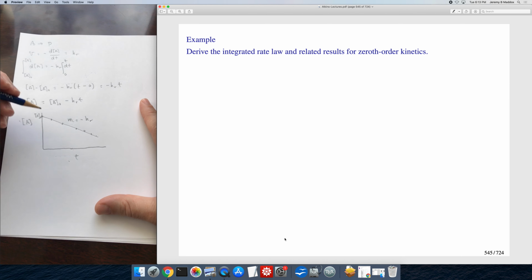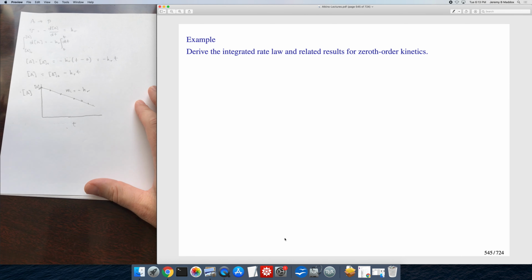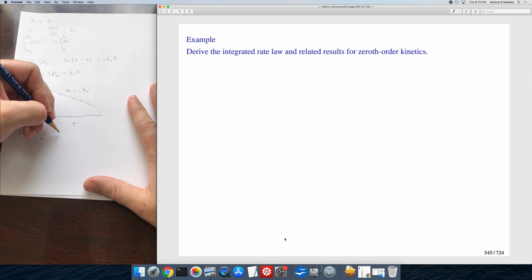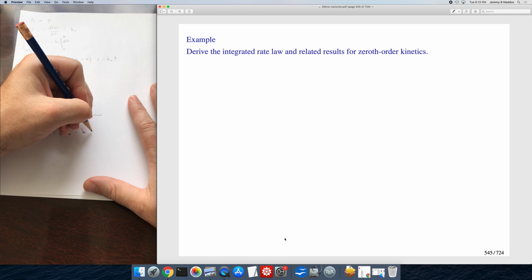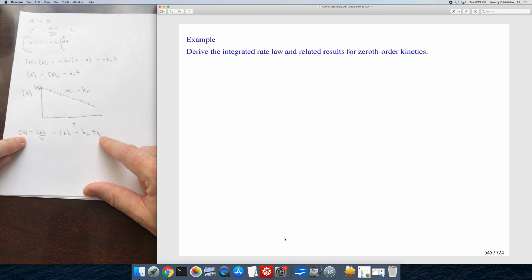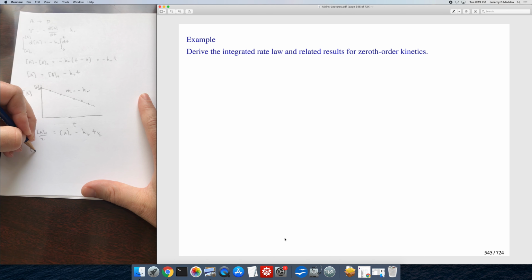What about the half-life for zeroth order kinetics? Well, at the half-life, A will equal A0 over 2, okay, which is going to be equal to A0 minus Kr times the half-life time. So at t equals T1/2, A equals A0/2. So that's the definition of the half-life. You can then rearrange and solve for